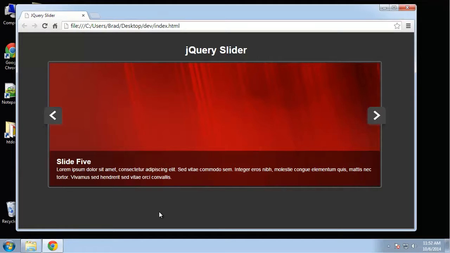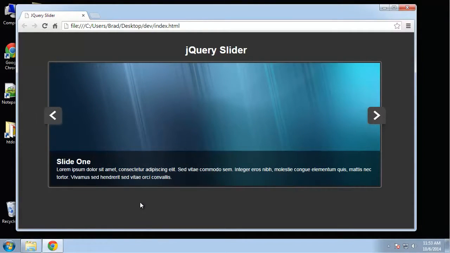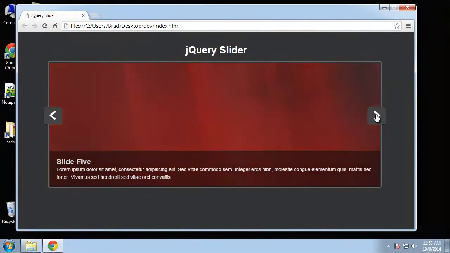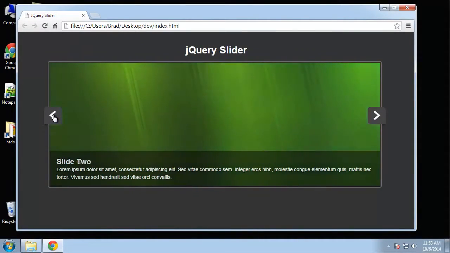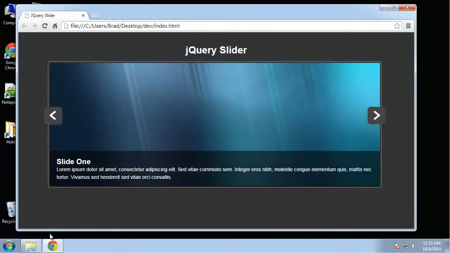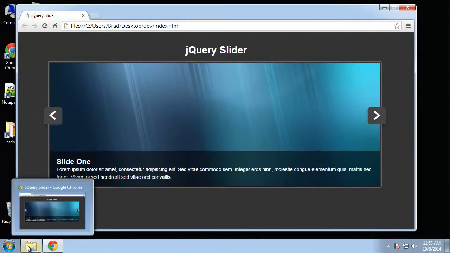Alright, and as you can see, we have an auto switch option, so it just scrolls or fades automatically. And we also have arrows where we can go forward and backwards, and we have a nice little fade effect. Alright, so the images we're using are 940 pixels by 350 pixels,